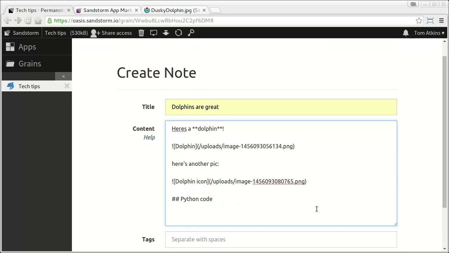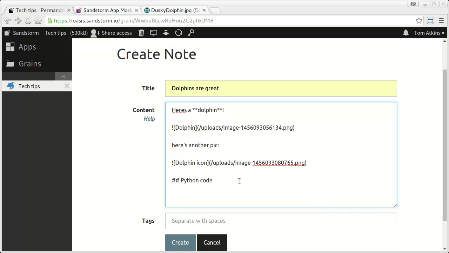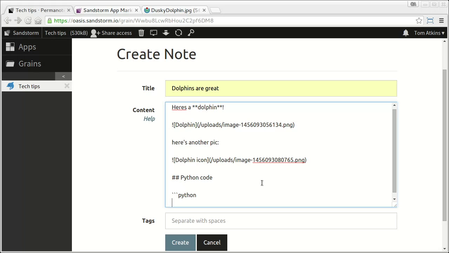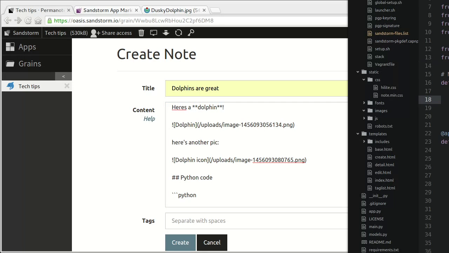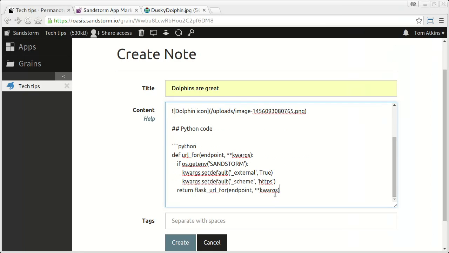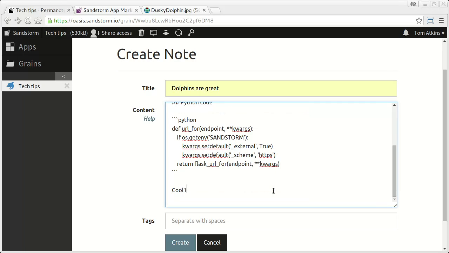You can also get syntax highlighting in Permanote, so you can use fenced code blocks like this. If I go and get a bit of Python code, something like this, and paste it in, that will be syntax highlighted. So that's some of the handy features of Permanote in the editing window. We'll give it a couple of tags and